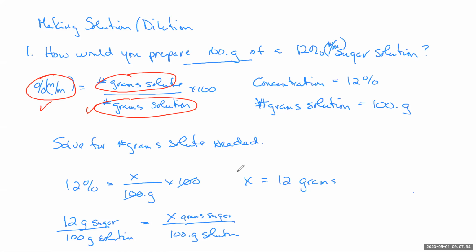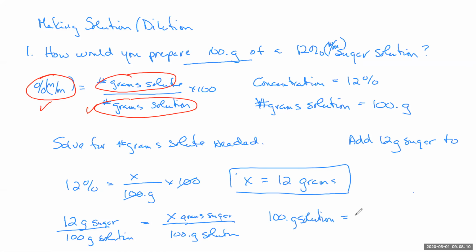So that's not really the answer. That just tells me how many grams of solute I need, but the question says, how would you make it? So how would you actually make the solution? You would have to add 12 grams of sugar to what? What would you add it to? The answer is not 100 grams of water, because remember that the 100 grams is the total number of grams of the solution. We don't have the solution, we have the solute and the solvent. So to get 100 grams of solution,